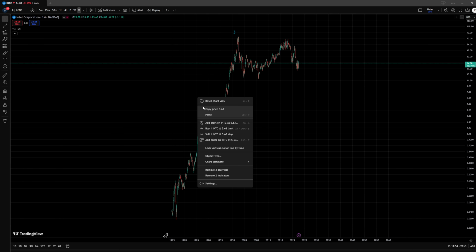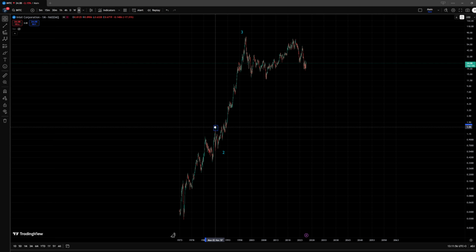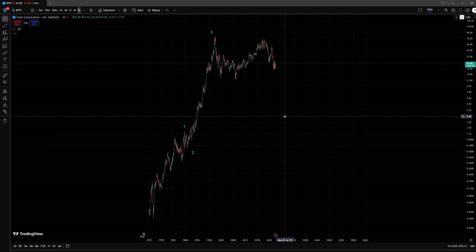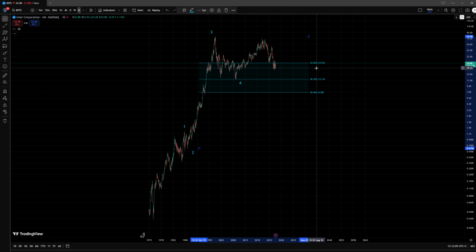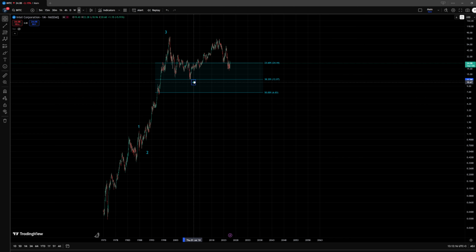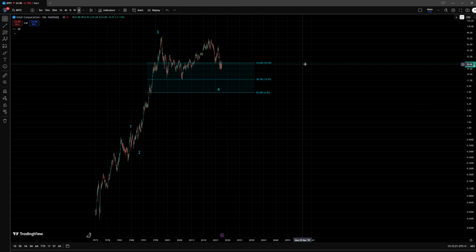And I want to mention that this wave 1 could have also topped here, but I much prefer the idea that it stopped here. And then we would have the wave 4 here that would need to hold the support zone between the area at $24.5 down to the $6.8 level. As long as we hold this level, we can still look for direct continuation to the upside in the fifth wave, but a break below the 50% retracement here would invalidate this scenario